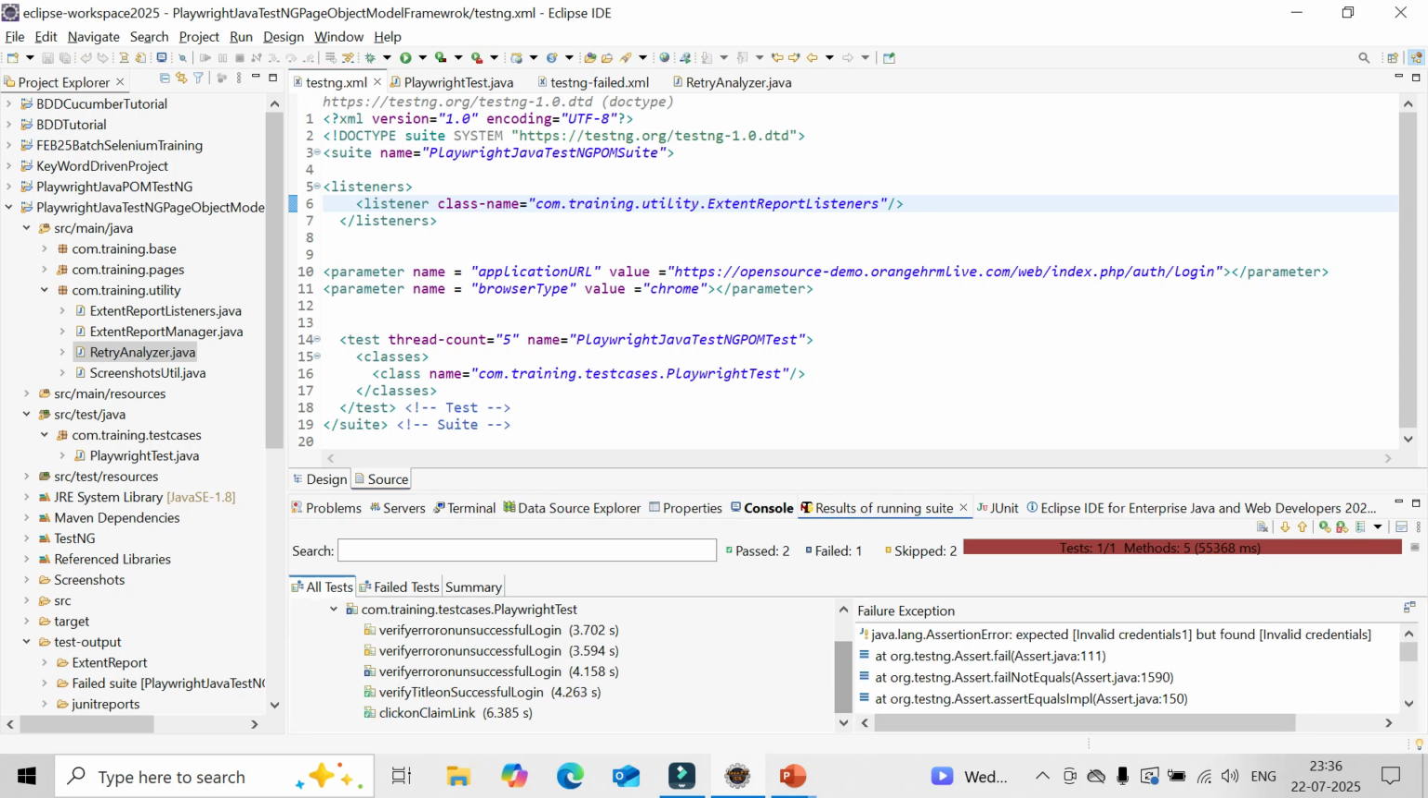You are able to see the same test case, right? It tried 3 times. 1 time it failed and the other times it retried. You can see it skipped, same reason. Now if you refresh the project again,